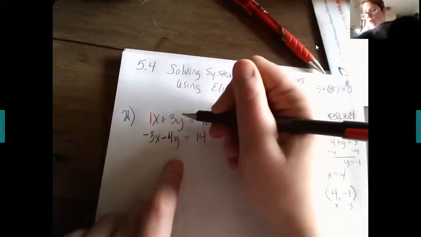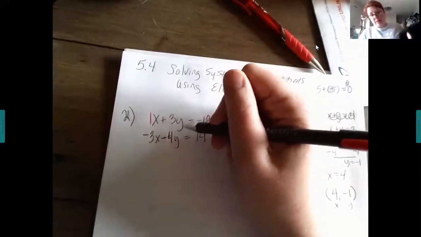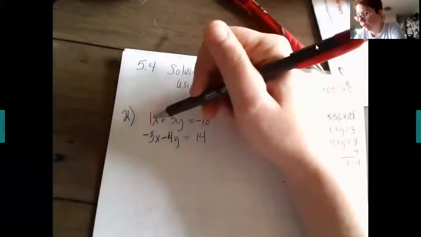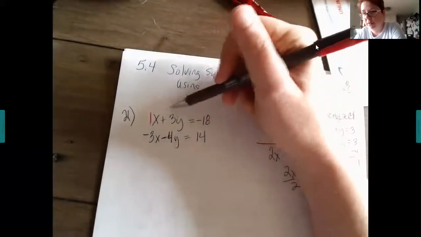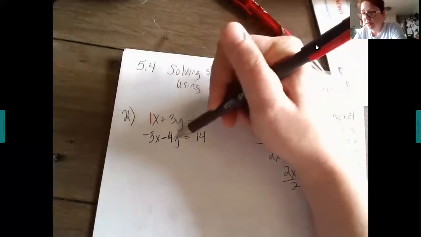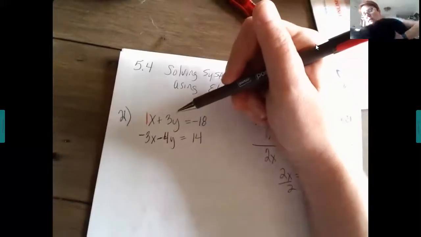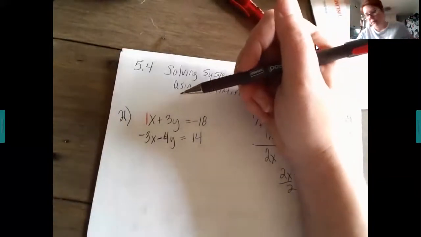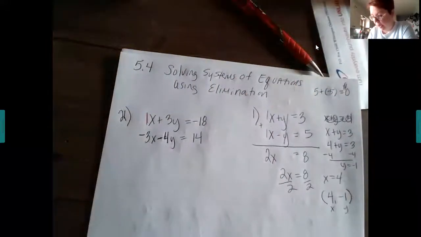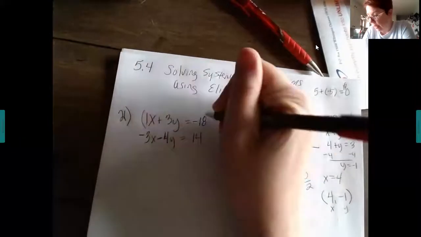So what you want to do is, if you have something where you can multiply just one line by something, that's kind of the easiest route. We could change these y's to get them to be the same, but that means we'd have to change both equations, both lines. So rather than doing that, I'm going to take the path of least resistance,